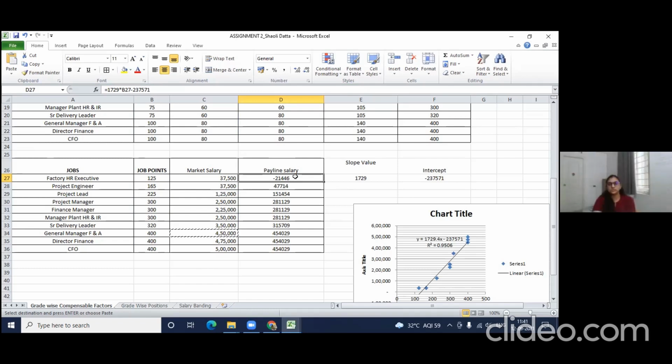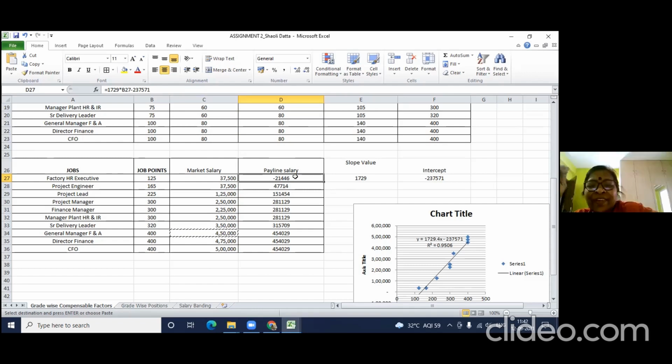So this is basically a mathematical way of how you compute the data and how you actually do regression. Then I will show you quickly two things now on my whiteboard. So our job points are very important here. Job points are dependent on what? Not like the way we did here, right? Then everybody will get, okay, you are 400 points, you are 300 points. It doesn't happen that way.